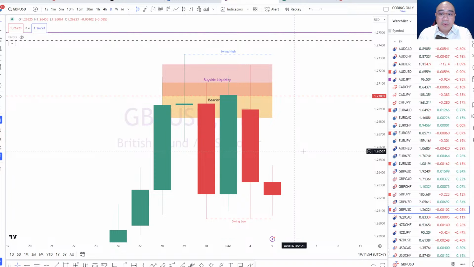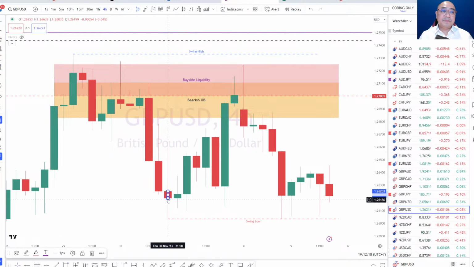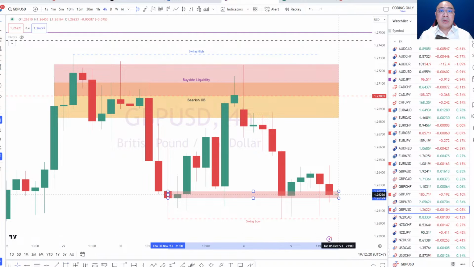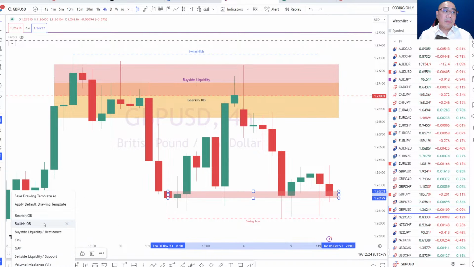But if you have been watching the outlook that I published on Monday, I also put a note out that despite the intent to sell at 1.27, the pair itself has actually been finding support closer to 1.2625. So I'm going to go back onto the small time frame, and what we're looking at here on the 1.2625 level, you can highlight this level and actually turn that as our bullish order block.